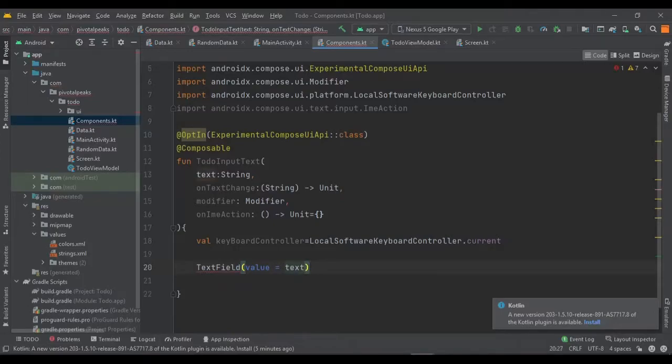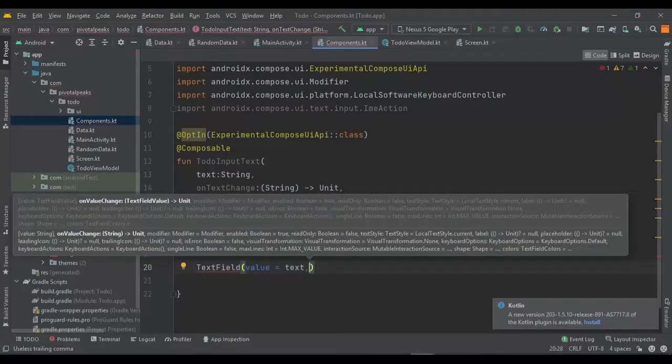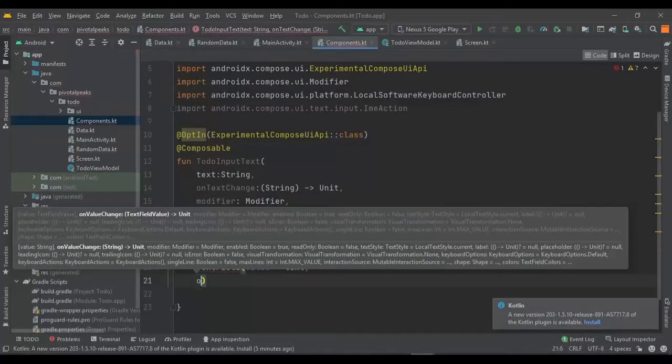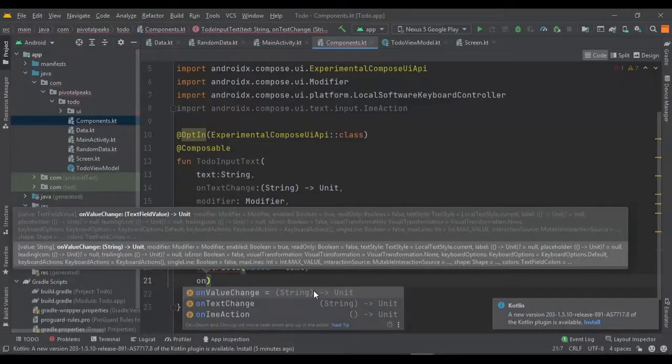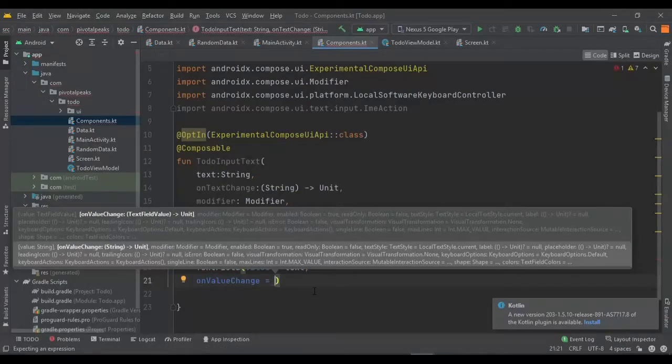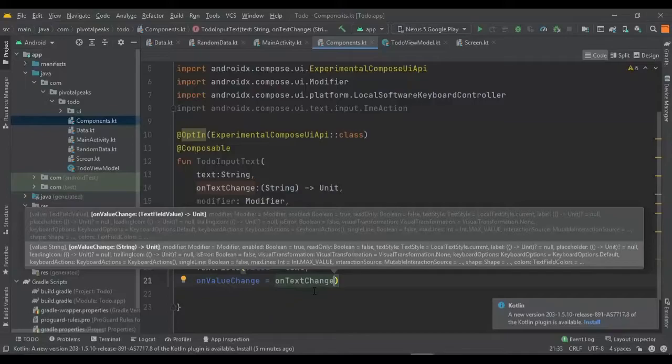We also need some other parameter as well. So the second parameter will be on value change. We have also defined this one above already, so we can pass the on text change.